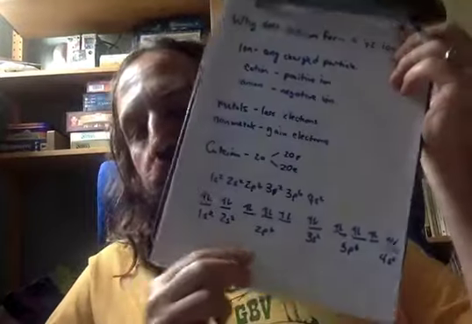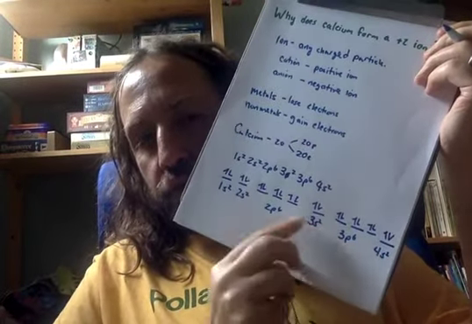So if I do the orbital notation, 1s2, up, down, 2s2, up, down, 2p6, got to make 3 slots, up, up, up, down, down, down, 3s2, up, down, 3p6, up, up, up, down, down, down, 4s2, up, down. Okay? So the valence electrons are going to be here with the 4 because you got 1,